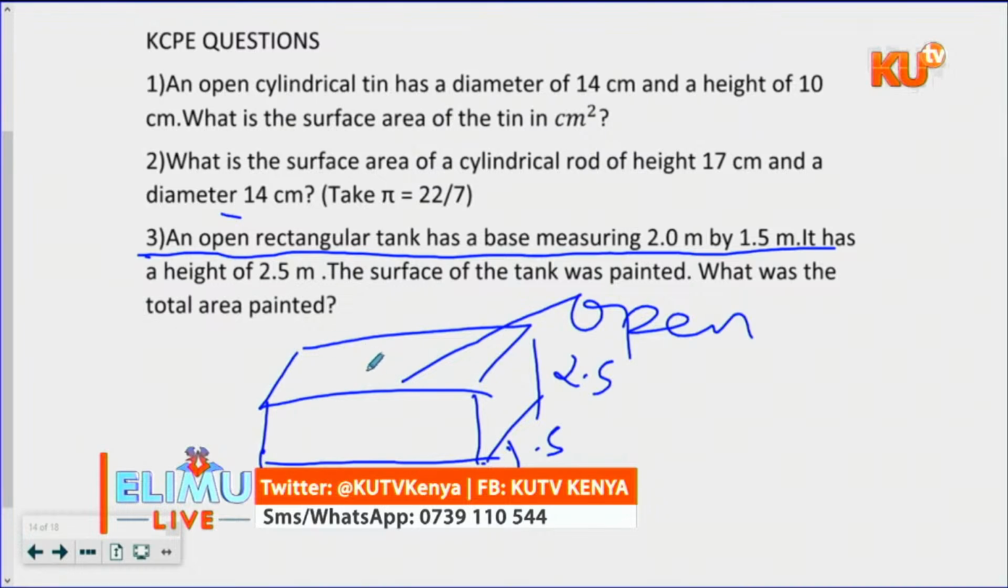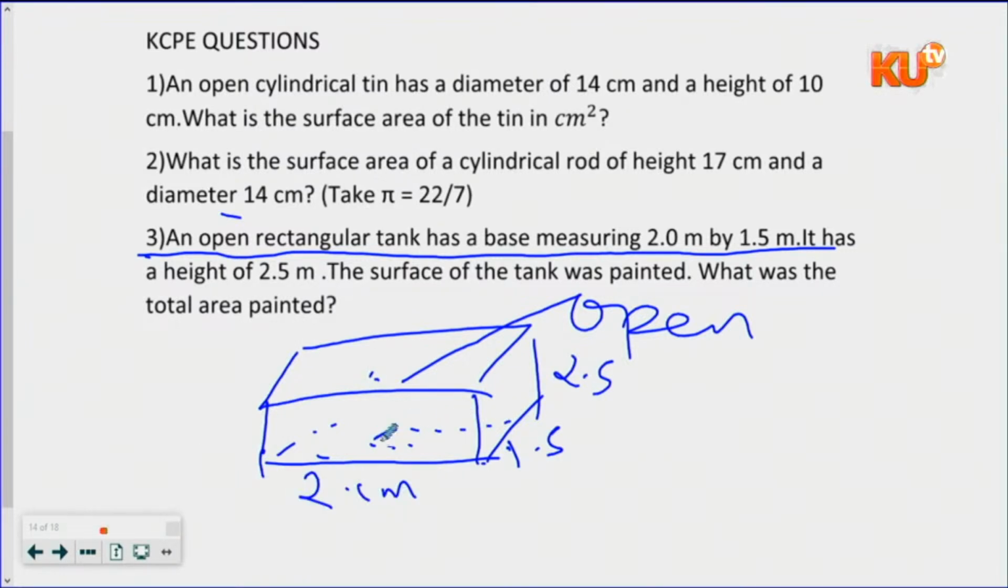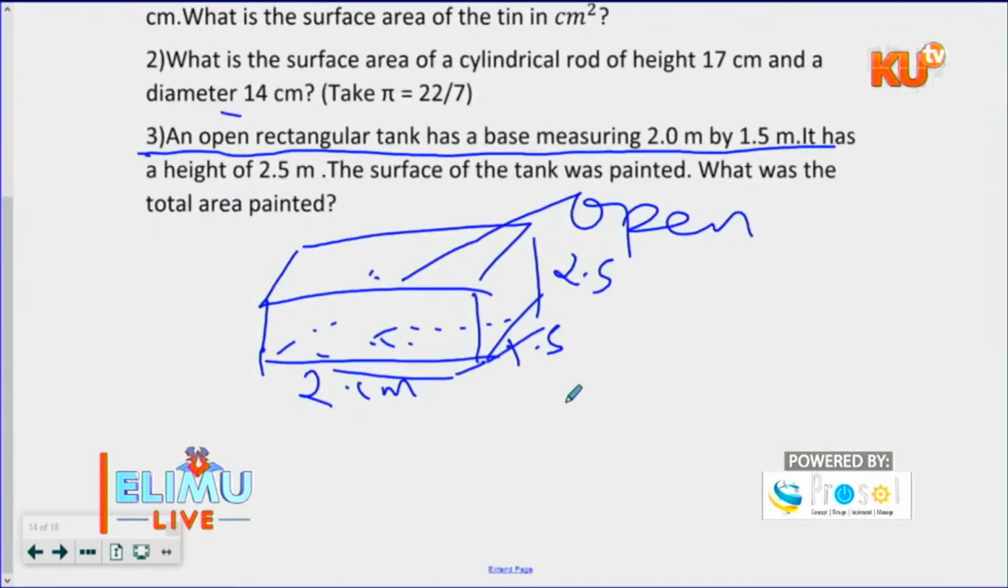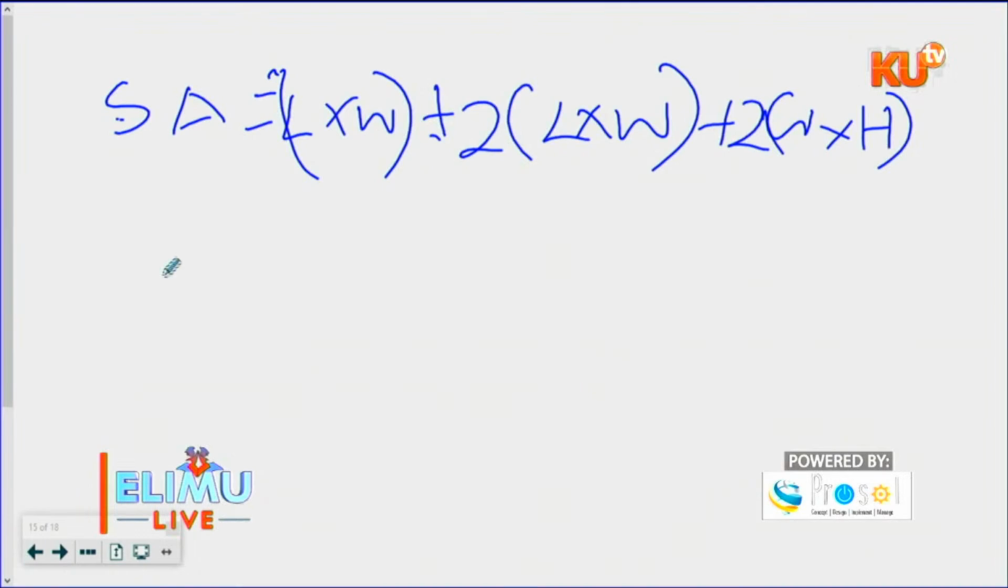We come to this one here, this bottom part. So we'll have the bottom part down there. So this is what we are going to work out. The length is 2, the width is 1.5. So we'll say length times width, which will give us 2 times 1.5